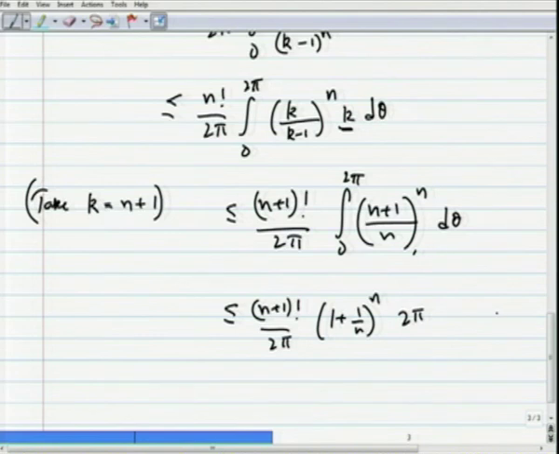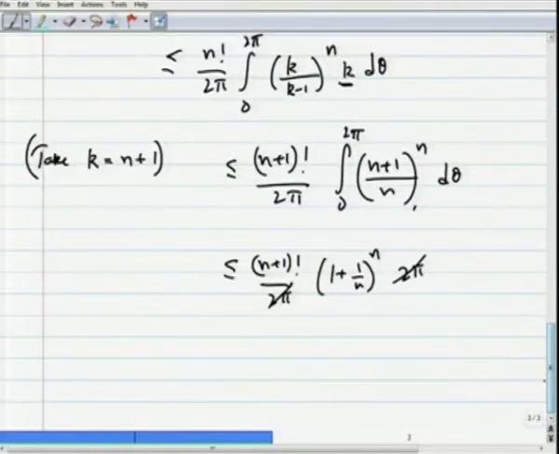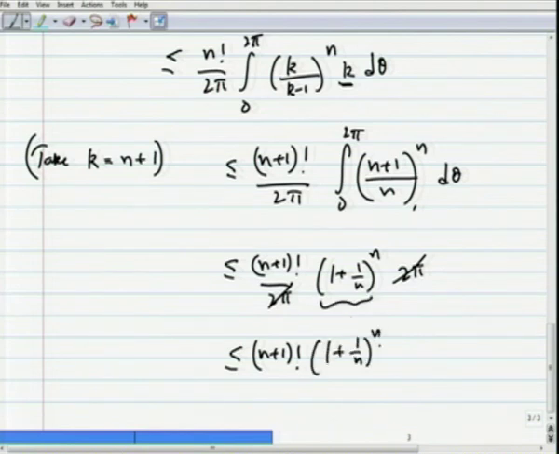The integration from 0 to 2 pi of d theta gives us a 2 pi. So, we can cancel these and get that this is less than or equal to (n+1) factorial times this factor (1 + 1/n)^n. And we know that this